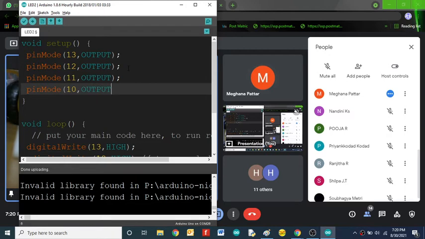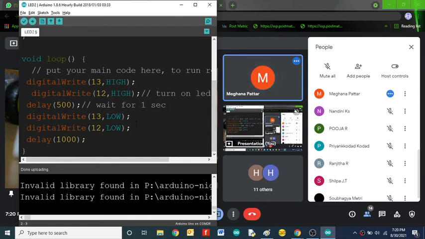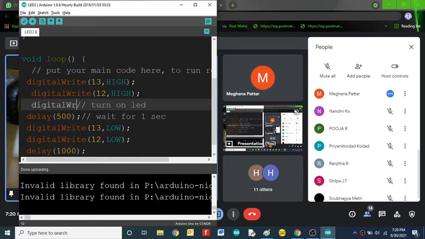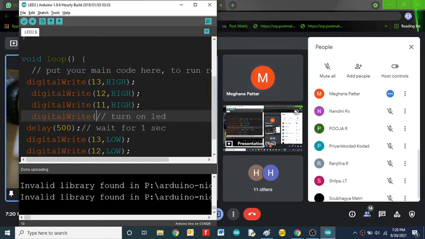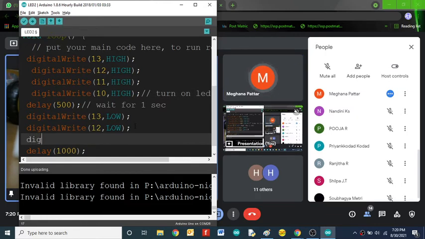Then in void loop, digital write 11 high at the starting. Digital write 11 high. Then digital write 10 high. Then next low: digital write, so here the digital write low.